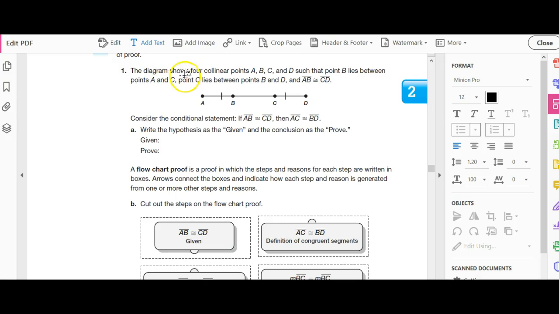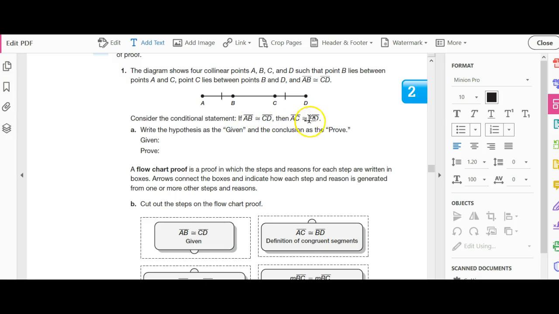So here it says, the diagram shows 4 collinear points. So I have A, B, C, and D. And what they want us to do is begin by identifying the given and the proof from this conditional statement, okay? So looking at this conditional statement, it says if segment AB is congruent to segment CD, then segment AC is congruent to segment BD. So let's just write in our given statement, which is going to be the hypothesis right